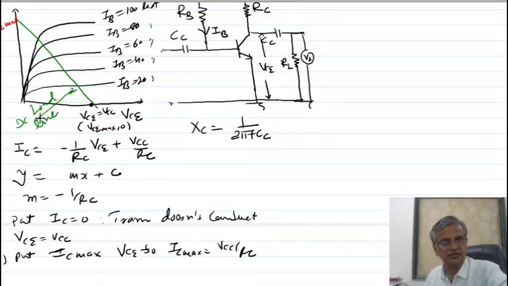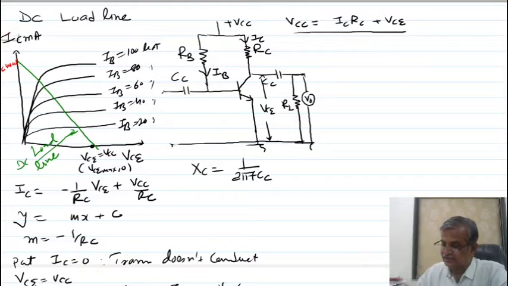I think you understand. So what is the conclusion? The important point is that only this much maximum current can pass; current cannot pass more than this in this transistor. The maximum value of current that can pass through this transistor is VCC by RC. The maximum output voltage you can get is equal to VCC. You cannot get an output voltage more than VCC. I think you understand.